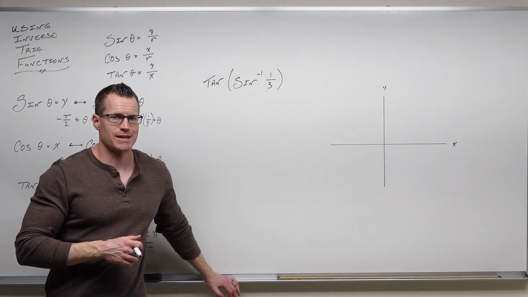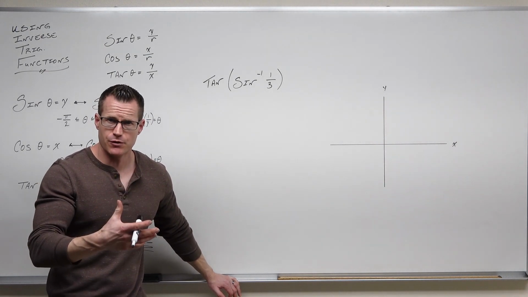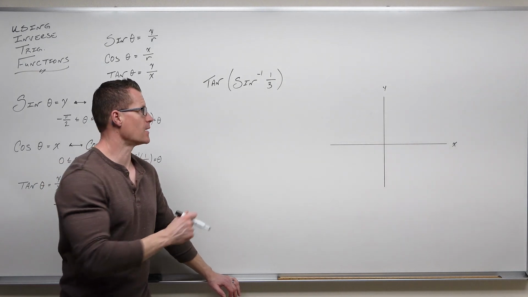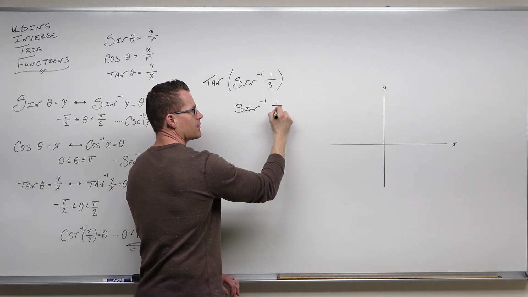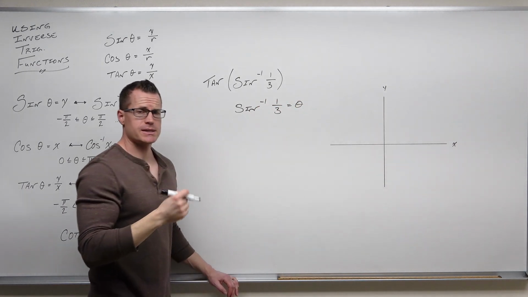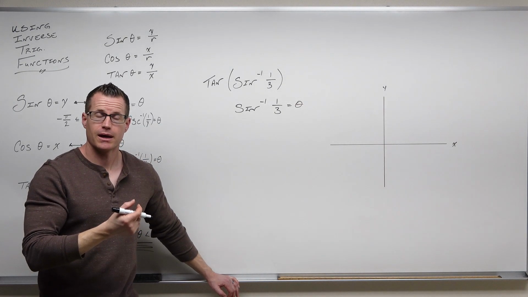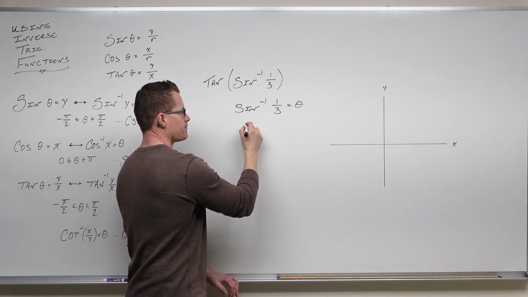All right, let's try this one. Tangent of sine inverse of 1/3. Think about what sine inverse wants to give you out. It wants to give you out an angle. So the first thing we're going to do every single time is say that sine inverse of 1/3 wants to give me out an angle. If that's on the unit circle, you can do it right from right here. Or if it benefits you a little bit,